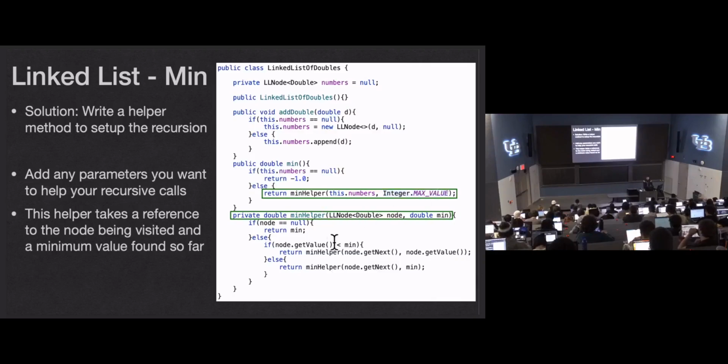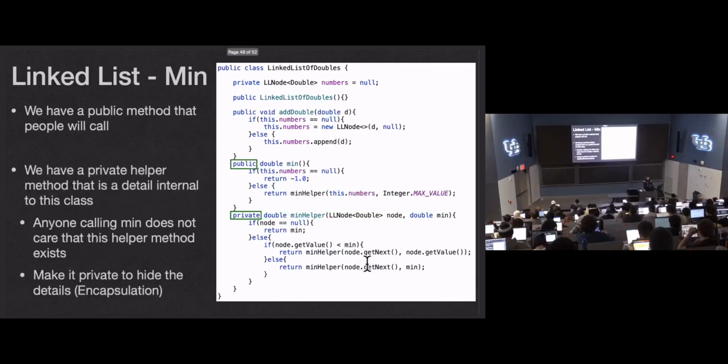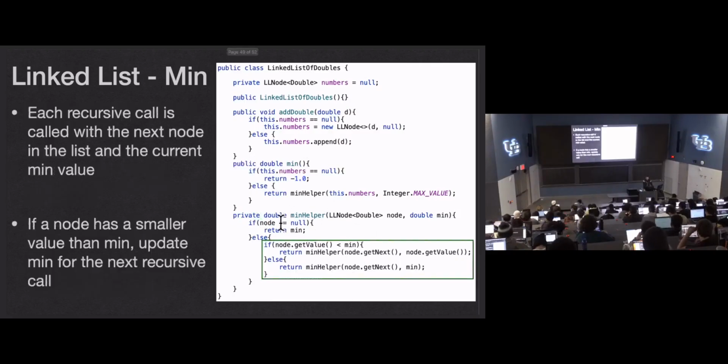Call the helper method, and then the helper method is going to be the recursive one. And we don't want to expose this to our users. We'll make it private. Users call this method. We use this just internally to help us do our recursion. We're going to check if we're at the end. If we're at the end of the list, we'll just return min. If we're not at the end of the list, we do our check. Is this value less than min? If it is, replace min in the next recursive call. If not, pass min forward to the next recursive